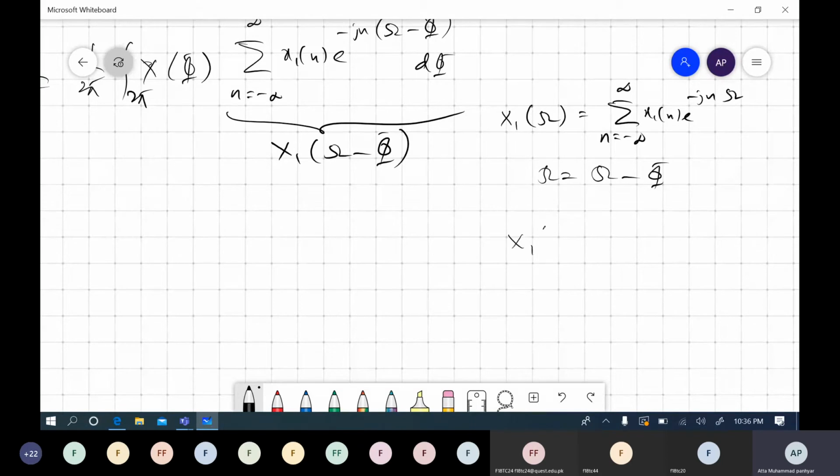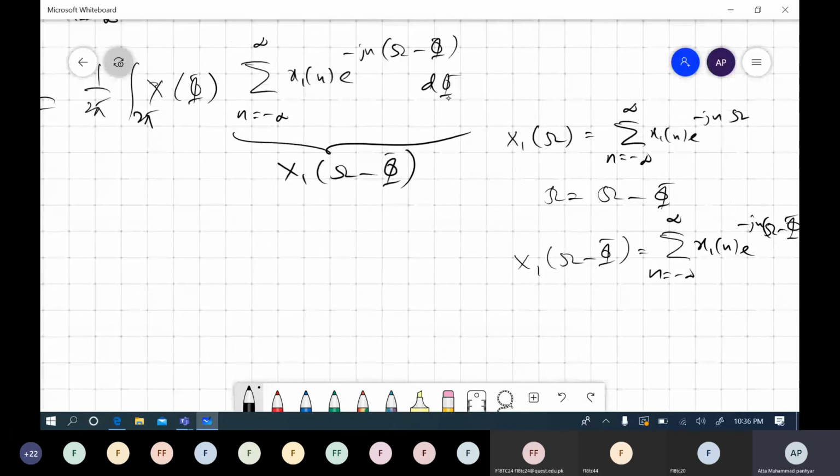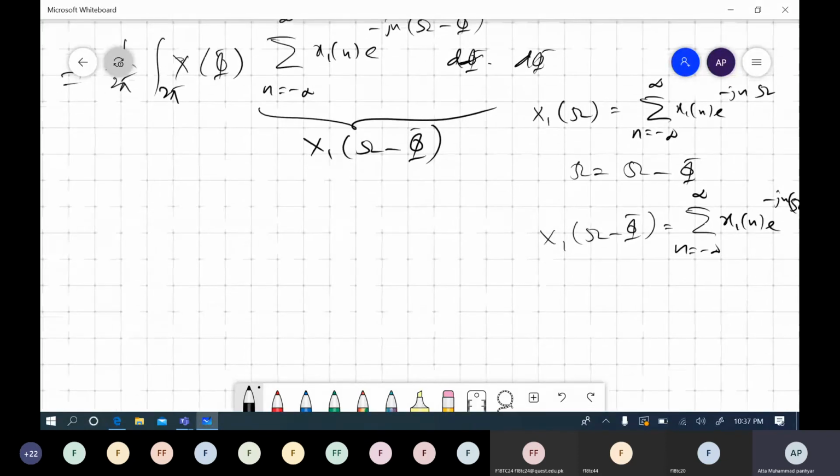Then what we get is X1 of omega minus phi is equal to summation n from minus infinity to infinity x1 of n e to the power minus j n (omega minus phi), right? And you can see this same expression is available here. This d phi is multiplied. So can we write it as 1 over 2 pi